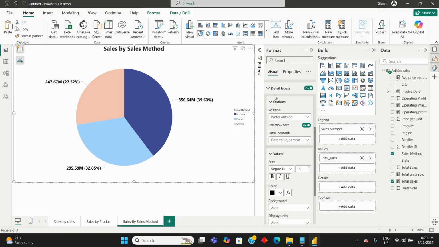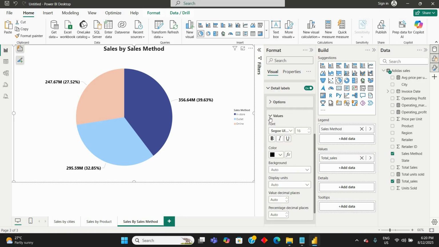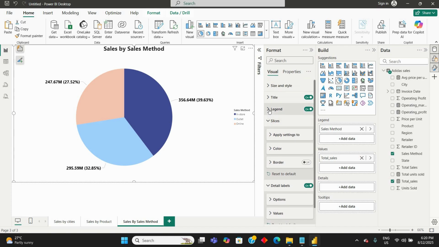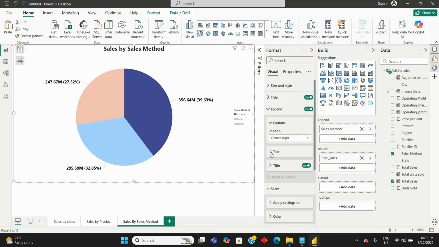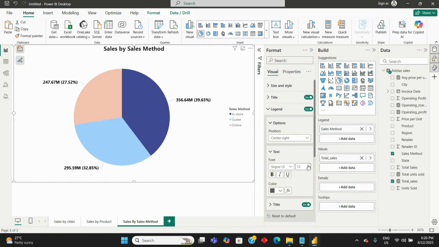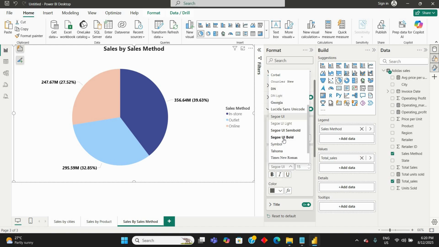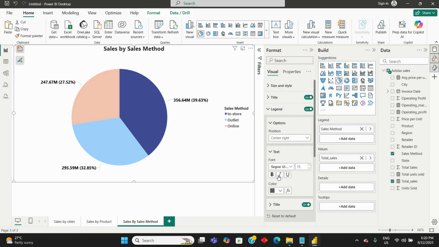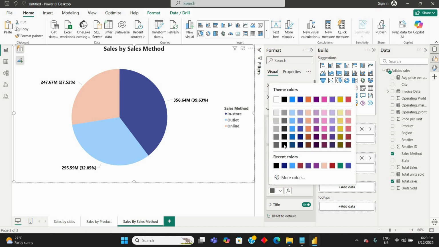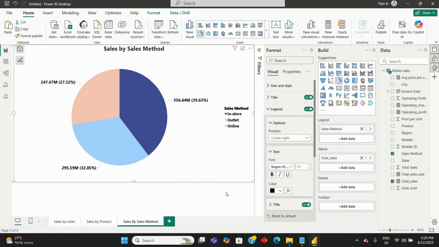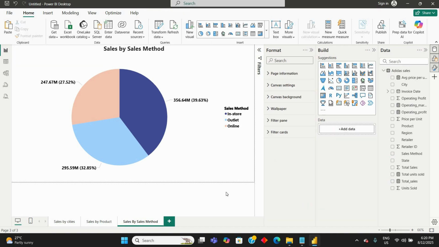And one more thing before we go, we need to make our legends a bit bold. So let's make the text bigger, and let's make it semi-bold, and then change the color to black, which is good. Okay, and